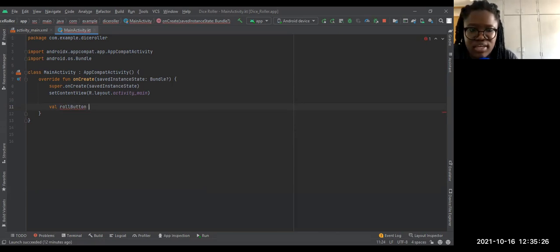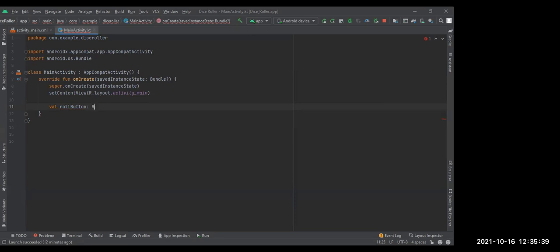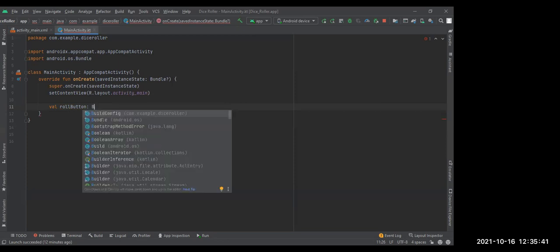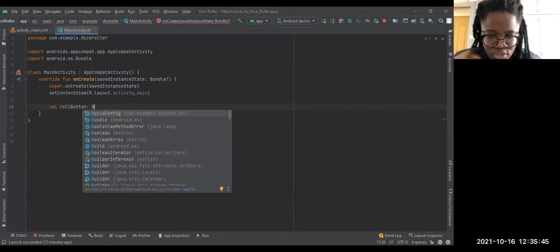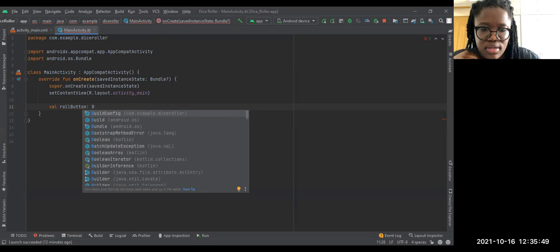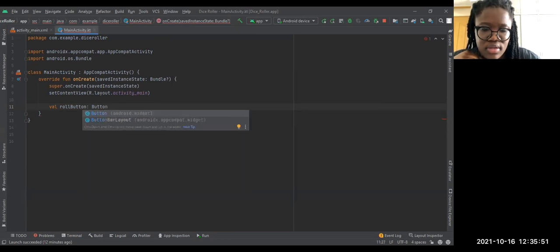So after we've written out our role button, we're going to add a colon. And then you'll space and add Button with a capital B. B-U-T-T-O-N. Yeah. And then we're going to equate that to